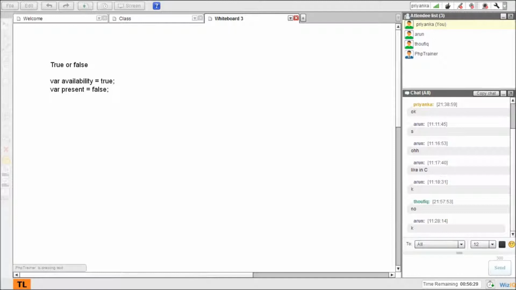Present here in the sense of present and absent, like are you present in the class, let's say. So that's boolean, true or false.